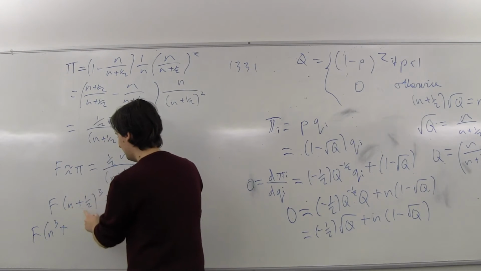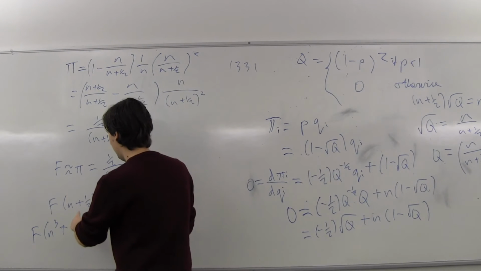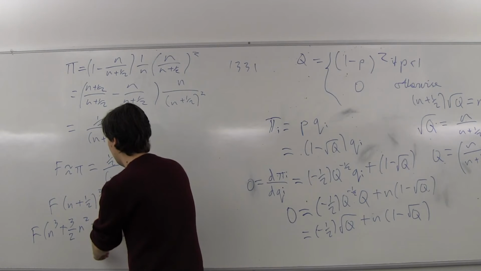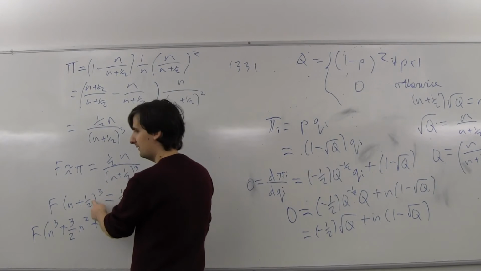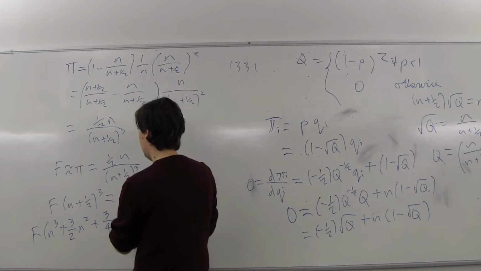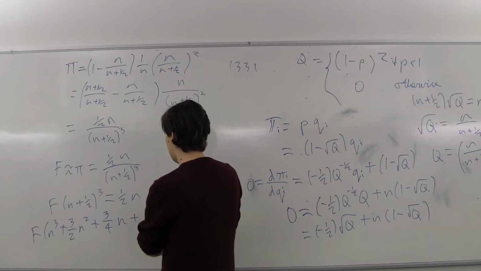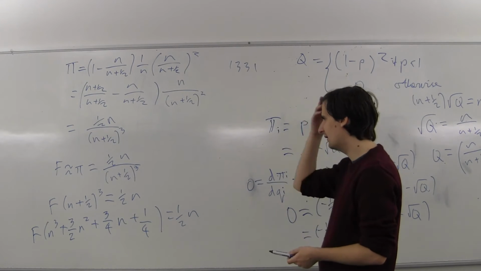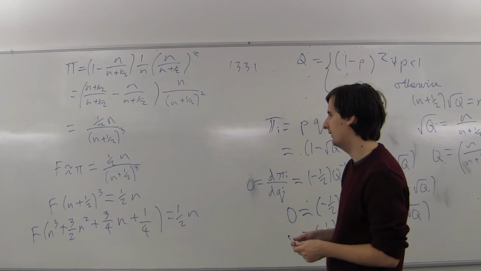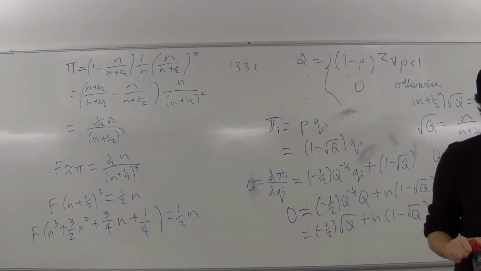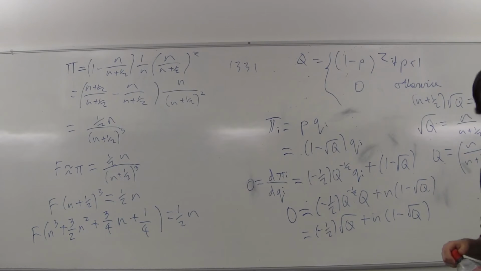Okay, so n squared times a half times 3, so we've got 3 over 2 times n squared, plus this thing squared, so that's a quarter times 3, so 3 over 4 times n, plus a quarter. No, this isn't good. Okay, no, I think this was